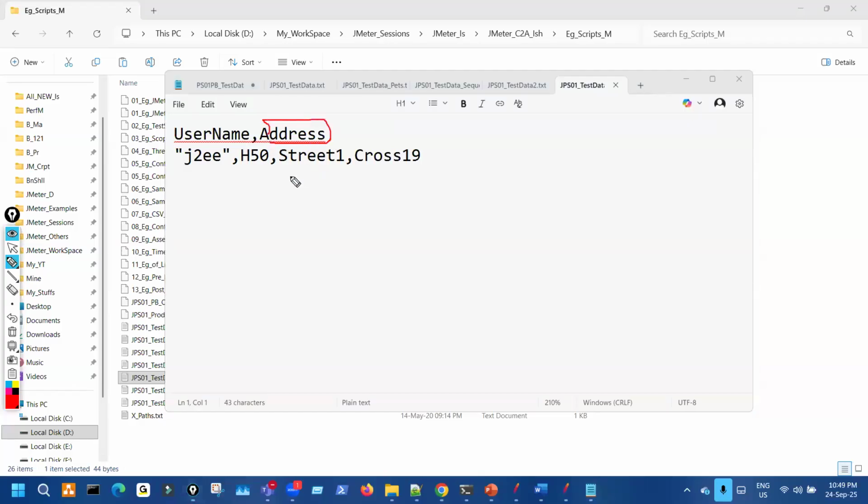You want to pass an address, okay? And in the address, if a comma is there, right? Comma is there. So in that case,